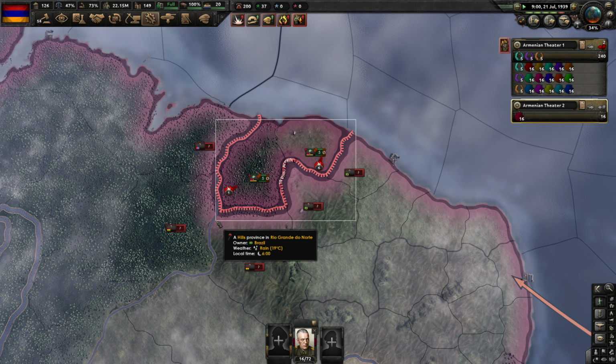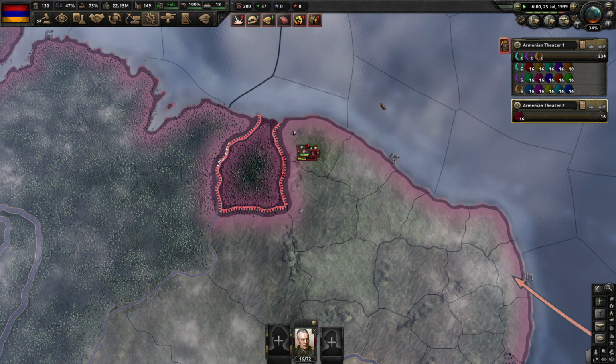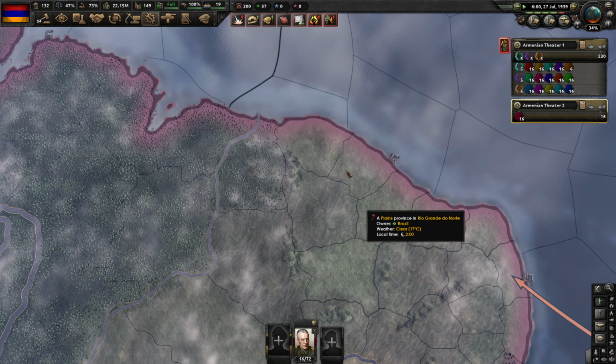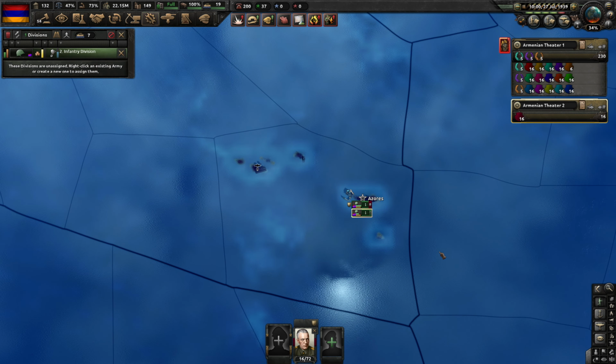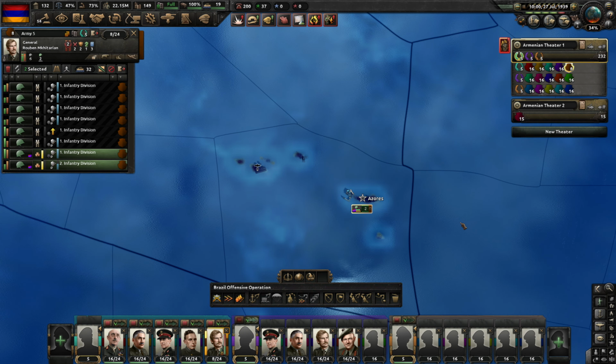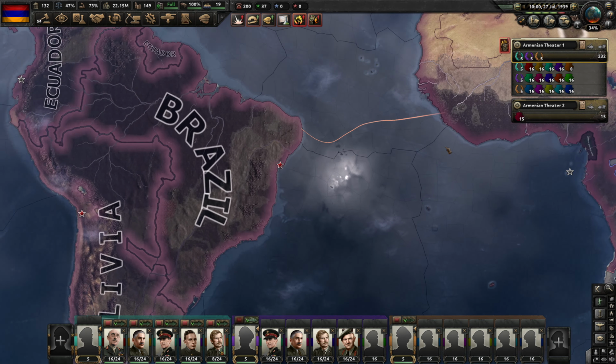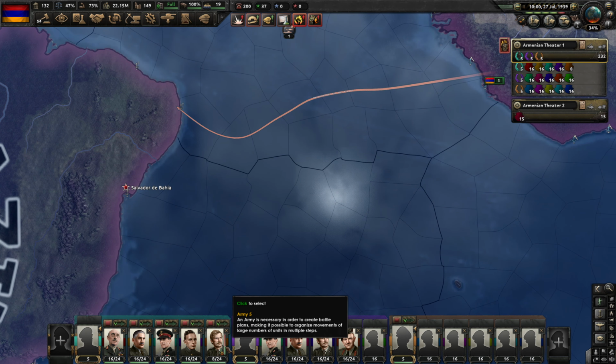So we're going to get stack wiped over here. That's nearly guaranteed. It is guaranteed. We definitely got stack wiped there. That's fine. So we have this infantry division. In fact, these infantry divisions. We're going to move those starting now into here. Cool. And the question is, when we launch this,